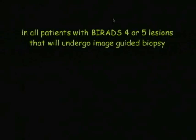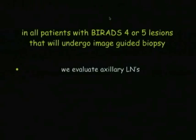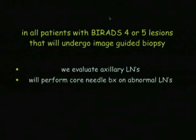In our practice, we've evolved to evaluating the lymph nodes in every patient in whom we detect a suspicious BIRADS 4 lesion or a definitely malignant BIRADS 5 lesion in the breast, upon whom we are going to do minimally invasive breast biopsy as part of the staging procedure. So we'll look at the axillary lymph nodes, we'll look at the internal mammary lymph nodes, and we will perform